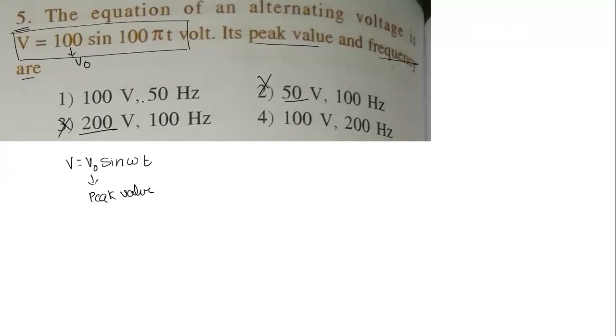So to calculate frequency, compare this equation in the place of omega t. What is there here? 100 pi t is there. Let's say now omega equal to what now? 100 pi. Omega formula is what now? 2 pi f. That is equal to 100 pi. Pi and pi is going to cancel. 2 and 100 is going to cancel by how much? 50 times. So frequency is how much?